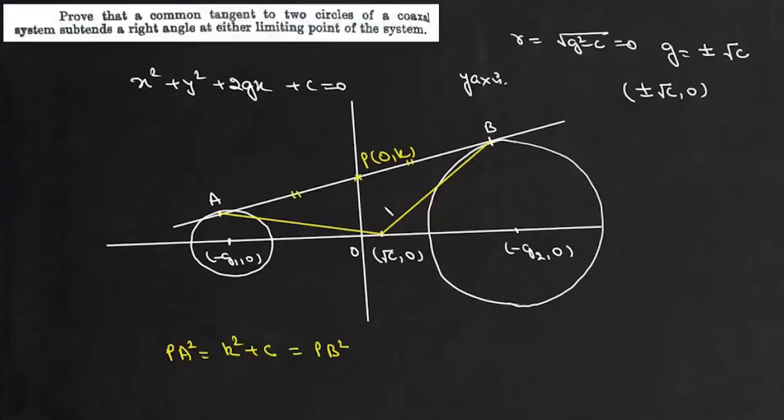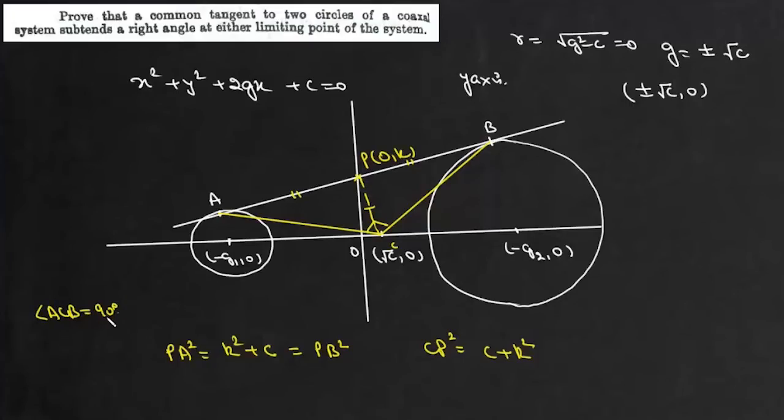And if we find this CP, then CP square is also c plus K square. So if we draw a circle through this point P with AB as diameter, it will pass through this point C, and therefore this angle is 90 degrees. So from here we can say this angle ACB is 90 degrees, and this is what we need to